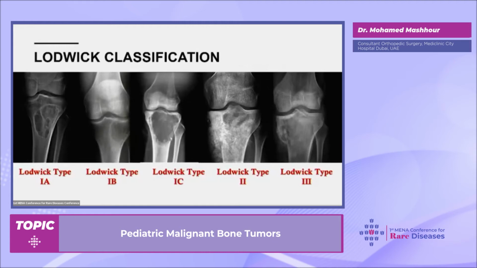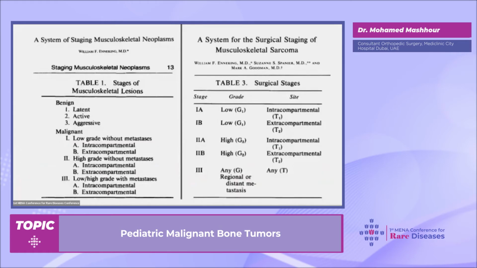If we have a look at those pictures now, see those? I can draw exactly with a pen. So this is Ludwig type 1, it's geographic pattern of bone destruction. This is well circumscribed, but not with clear sclerotic margin. This is a giant cell tumor in an adult, but you can see the outline and where the tumor starts and where it ends. Here, where is the tumor? It's everywhere, and there's an extra osseous component. I cannot see the cortex, I cannot see where I can draw. And this is the moth-eaten, and this is the permeative. Can you tell me exactly where you can see the end of the tumor? You cannot see. So these are the patterns of bone destruction, which help us suspect from an X-ray what we are expecting. I just want to go faster with the types.